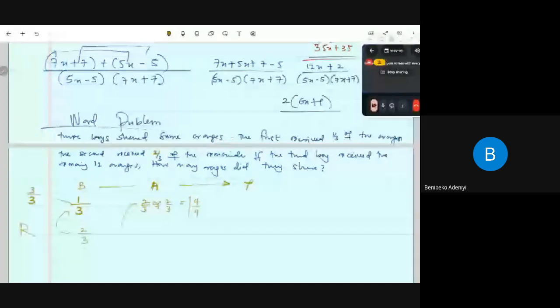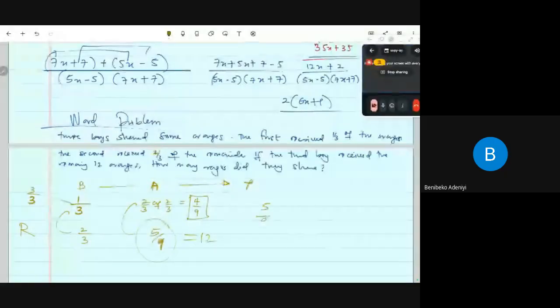Now, in this structure, maybe 9 over 9. So we have 5 over 9 remaining. And if the third boy received the remaining 12, that means that this 5 over 9 is equal to 12. That's what I collected. So 5 over 9 of x is equal to 12 multiplied. 5x is equal to 9 times